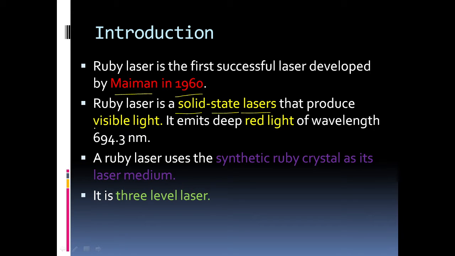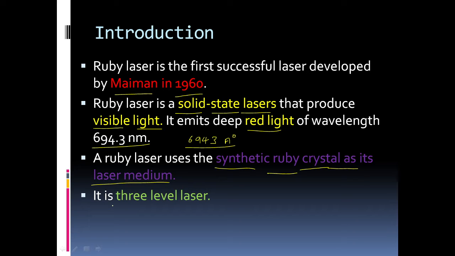that produces visible light. It emits a deep red wavelength of 694.3 nanometer or 6943 angstrom. Ruby Laser uses a synthetic ruby crystal as its medium, in which we use a ruby crystal rod as an